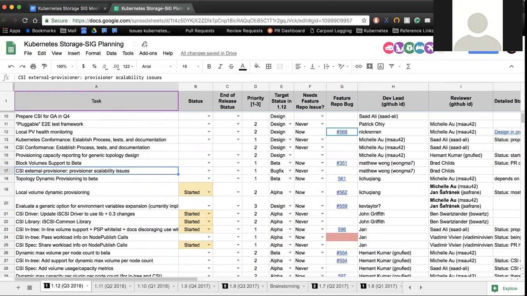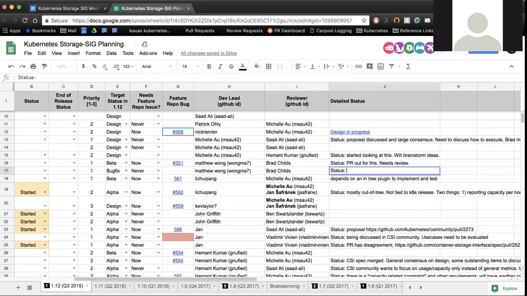CSI external provisioner was having scalability issues. Matt Wong had a number of PRs out. Does anybody know what the status of those are? I don't believe they're merged. I'm pretty sure they're still in progress. Okay. I think the last status that I got on this was that he believed there was going to be a larger refactor required for this.